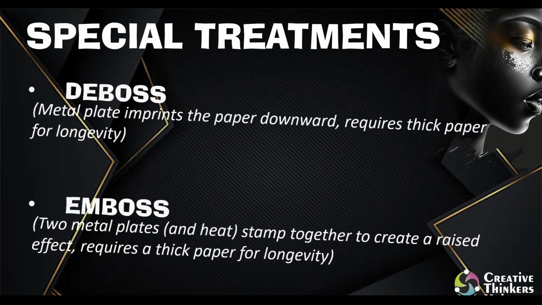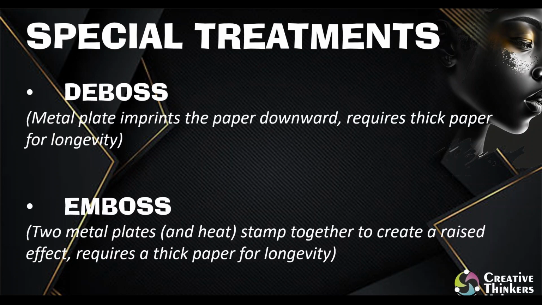Special treatments again continued. So there is deboss and emboss. The reason why I put both of them together is that in deboss, a metal plate imprints the paper downward, and it requires thick paper for longevity. Emboss is when two metal plates and heat stamp together to create a raised effect. So it's the opposite of deboss, and they both have to be done on thick